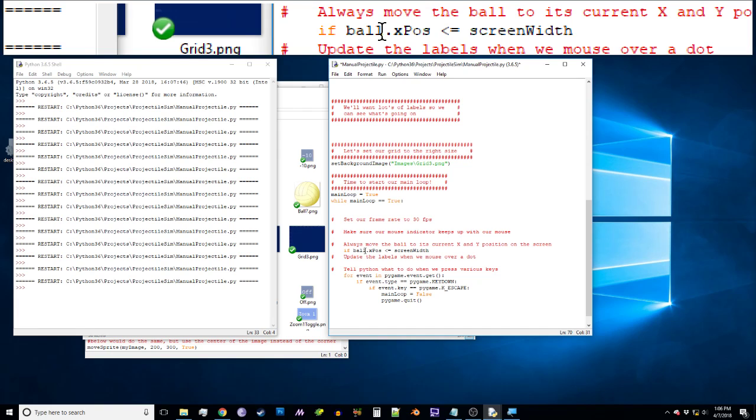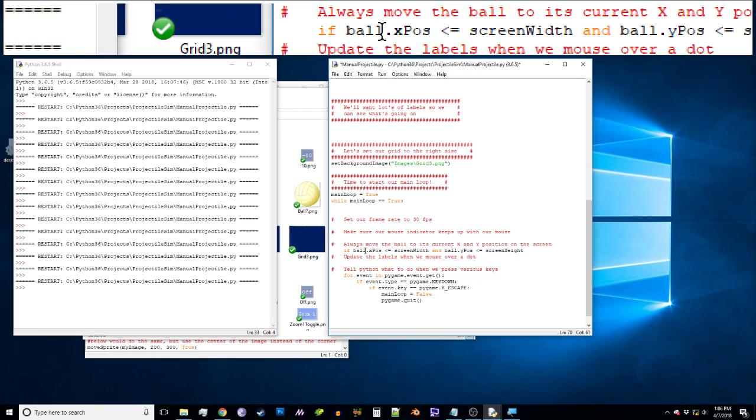Again, you can see how that's going to help us. Now we don't have to specify a number here. We can always just set it to whatever we defined our screen width to be. If the ball X position is less than the screen width and the ball Y position is less than or equal to the screen height,